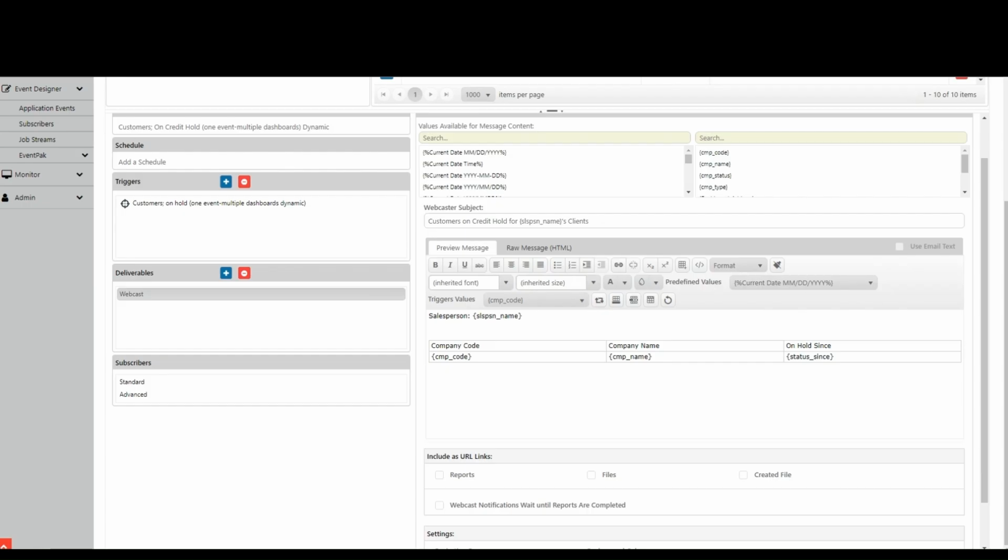Dashboards may be created to include URL links to reports, charts, and files. For example, you might have a dashboard that shows overdue payments, and you might wish to include a report or chart that shows corresponding AR aging report details. To link a report, chart, or file to a dashboard event, you would need to go ahead and create it